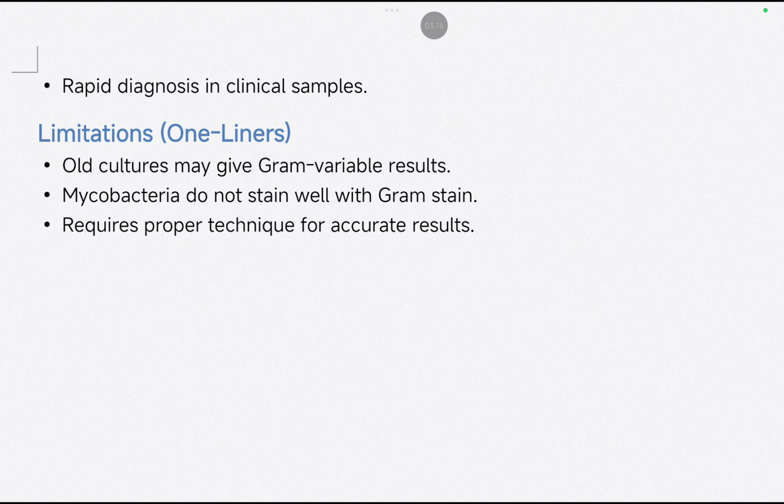It is simply because it is a completely manual hand-to-hand procedure. And in pathology labs right now, automation is the key. Automation prevents human error. The machine does all that. But in the case of gram staining, everything is done by hand. So there is a high chance of human error.